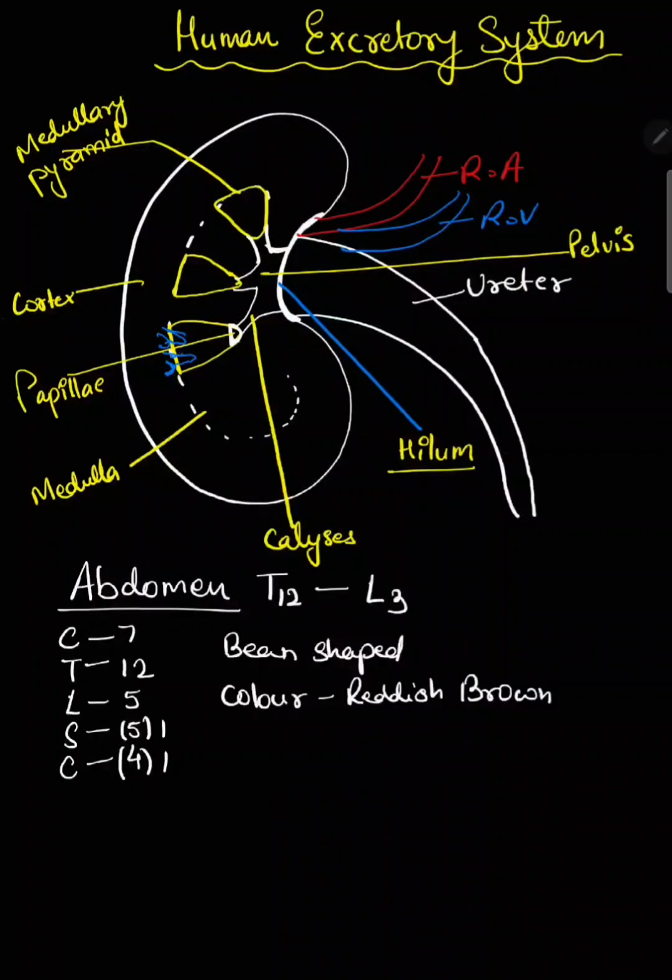How does it look from inside, from where the renal artery, renal vein, and ureter originate, what all the basics are there. Okay,